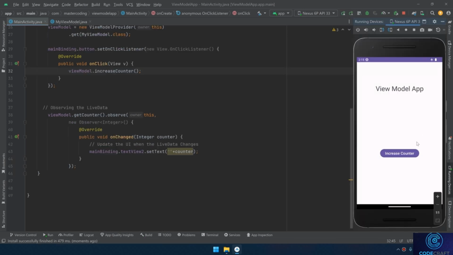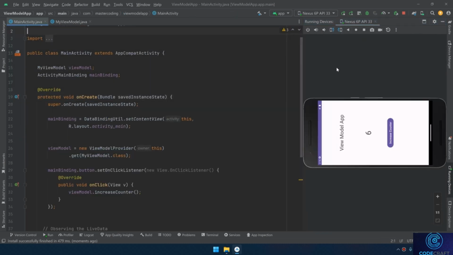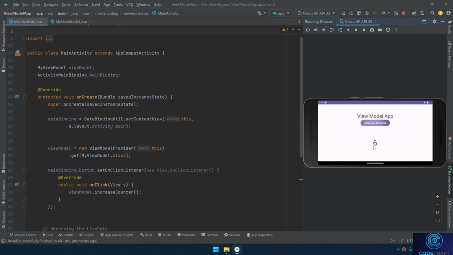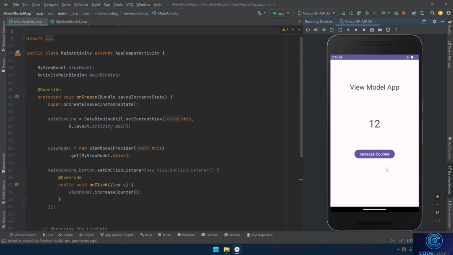Let's run, and here we go. This is our application. Click on increase counter. You can see the counter is updated. Then if we rotate the screen, you can see that the ViewModel and the live data will preserve the data. And this is the value 6. If I increase the counter to 12, then rotate the screen, the live data and the ViewModel will keep the